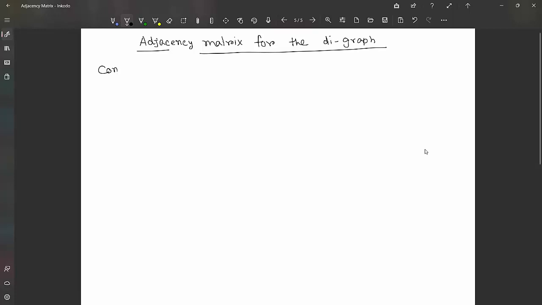Okay, so our new subtopic is the adjacency matrix for the digraph or the directed graph. So here also we define it for the connected and for the disconnected graph. So for the connected graph,